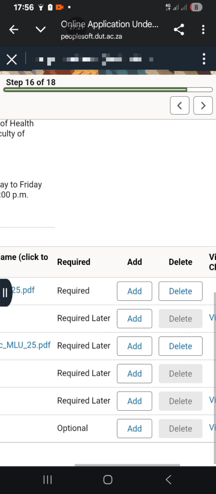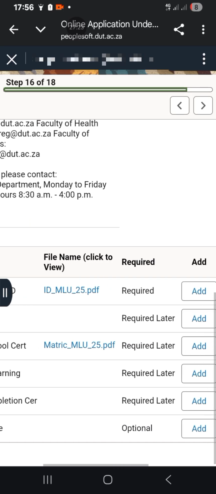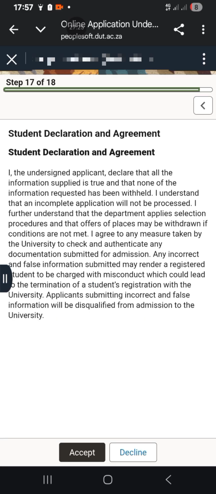Right, once you've uploaded your documents here, then you click next.